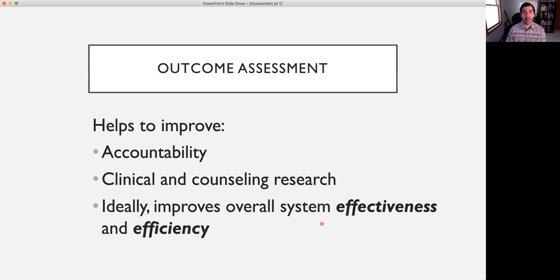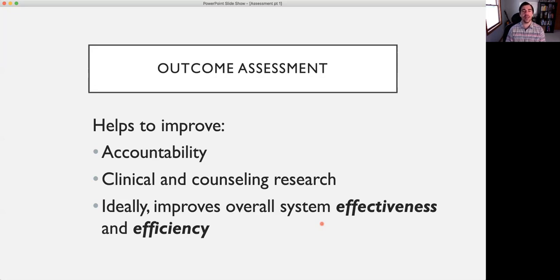Historically speaking, and even now in certain clinics, the way outcome assessment is done is that the therapist, after they start treatment with a client or patient, will check in with them each week or however often they're meeting, and towards the end say, how are things going? How do you feel like our treatment is going? And I kind of rely on the client to give their self-report about how things are going. But you can imagine that's a bit of pressure for the person you're working with, who's thinking, am I doing a good job in working with you? So there's some pressure there in that sense.